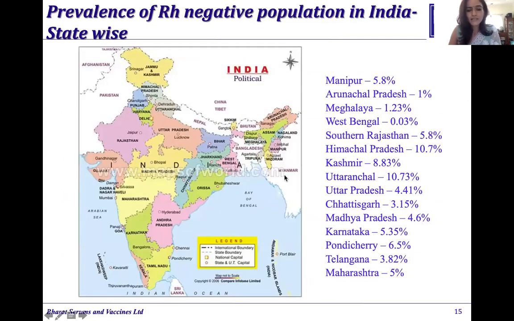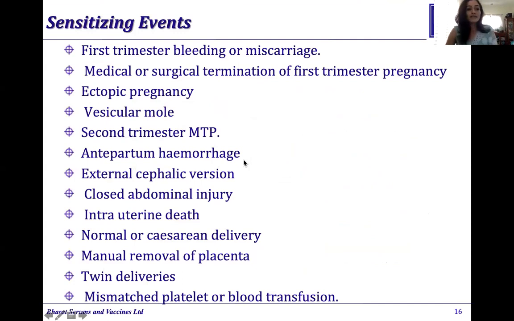In the state-wise distribution of where the burden lies, Maharashtra lies at 5%. So in terms of state-wise prevalence, we are not too high like the other states which have 10 or 8%, but we are not as low as the Seven Sisters and West Bengal here, which are being quite impressive.